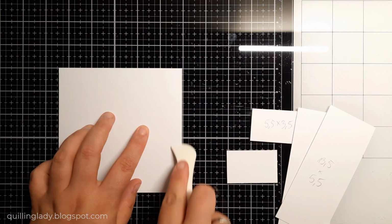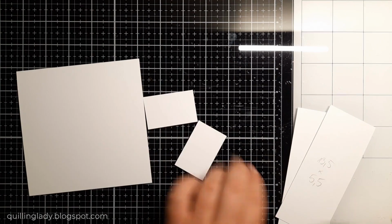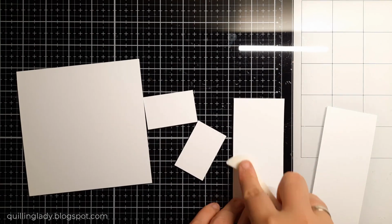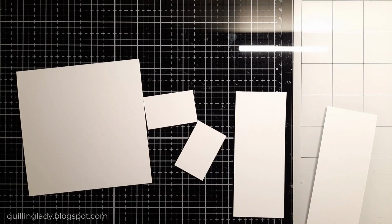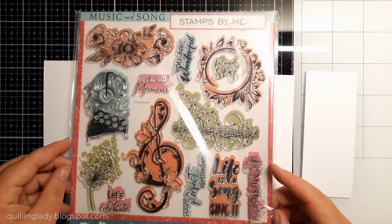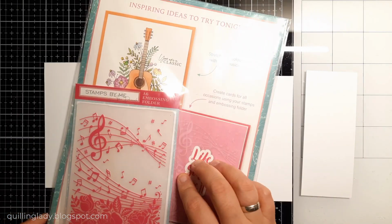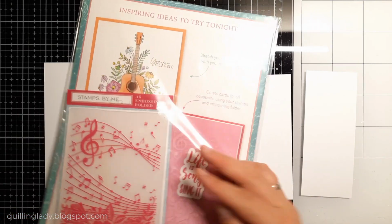Now it will be time to use a bone folder because I really want to have that nice professional finish. So whenever you use a trimmer, you can use that trick and no one will ever know that you actually cut those panels yourself. So now it is time for some stamping, and with the biggest panel, I decided to